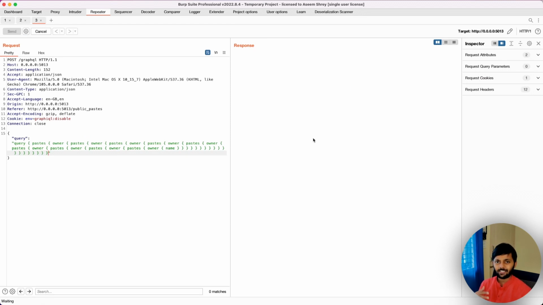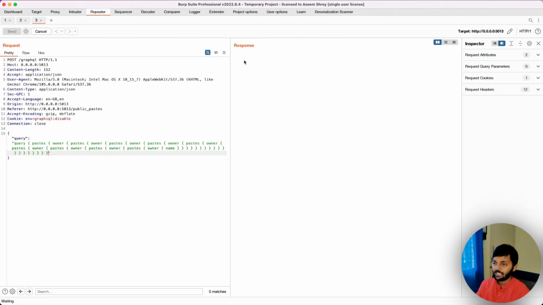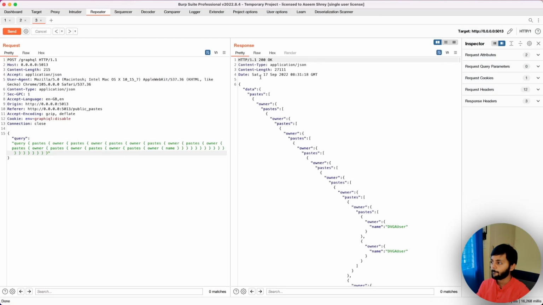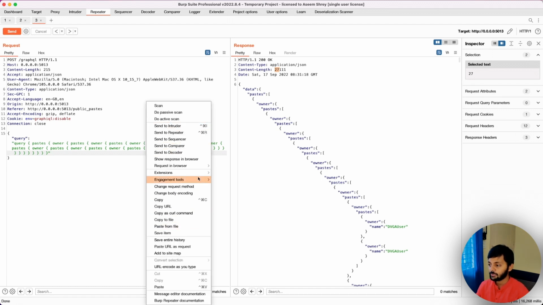You can see it's taking some bit of time because it's a nested query and it's a recursive loop. That's why it's a kind of denial of service, where it takes a lot of time for this to process. We'll see how long it goes. You can see it's 27,111 bytes. It's a huge amount, and it also took some time. If we run it through, let's say,